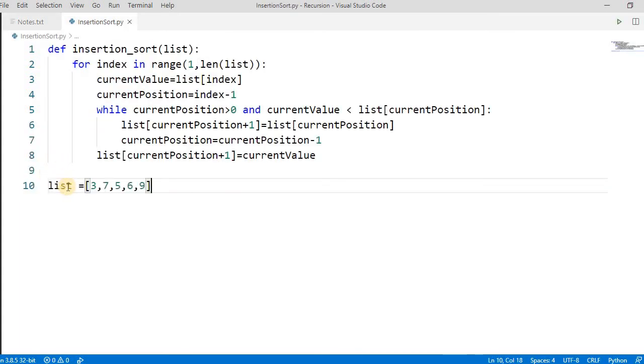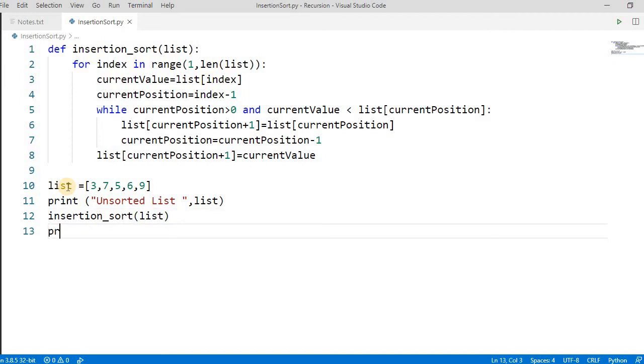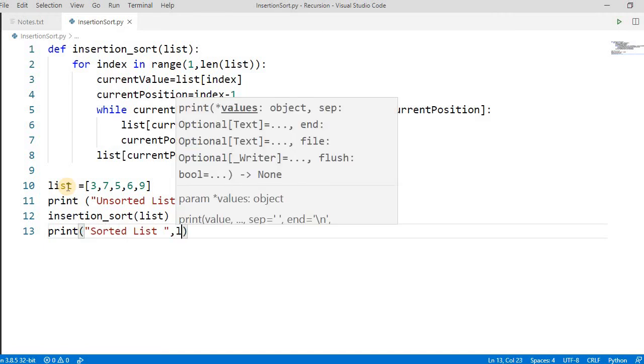Let's take the same list which we have discussed here. Let's print the unsorted list. Simple. Now call the method insertion sort, pass the list, and then print the sorted list again.